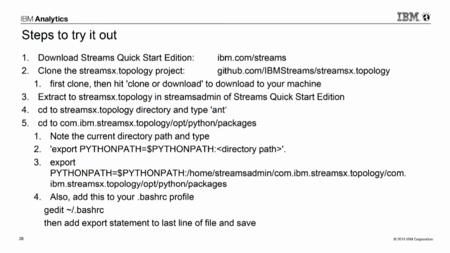I'm not going to go through all this, but I want to document it so you have it in the charts if you want to try it. You can try all these things today by downloading the Streams Quick Start Edition. As I said, no charge. It is full function. You can do all development and all testing with it, just no production. There's a license agreement on that. And then go out to the GitHub site where we have the topology, clone it down, download it to your machine, run it, do all the different things, update the path names that you need to for Linux, etc. And then